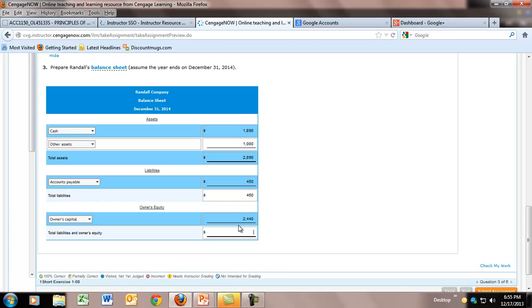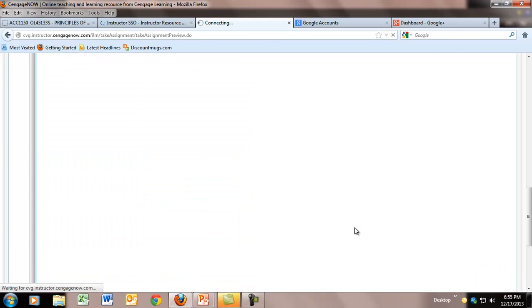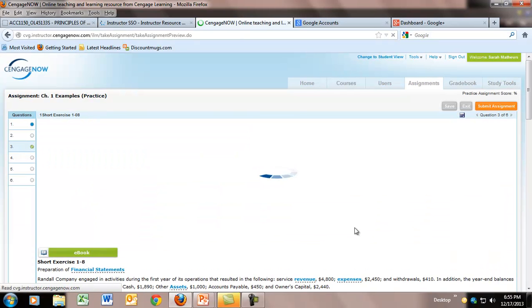Okay, so if I take my $2,440 plus my total liabilities, I end up with $2,890, which now you can see my accounting equation is in balance. Total assets, $2,890, equal total liabilities plus owner's equity, $2,890. So I'm going to click the check my work button to make sure we have everything correct,